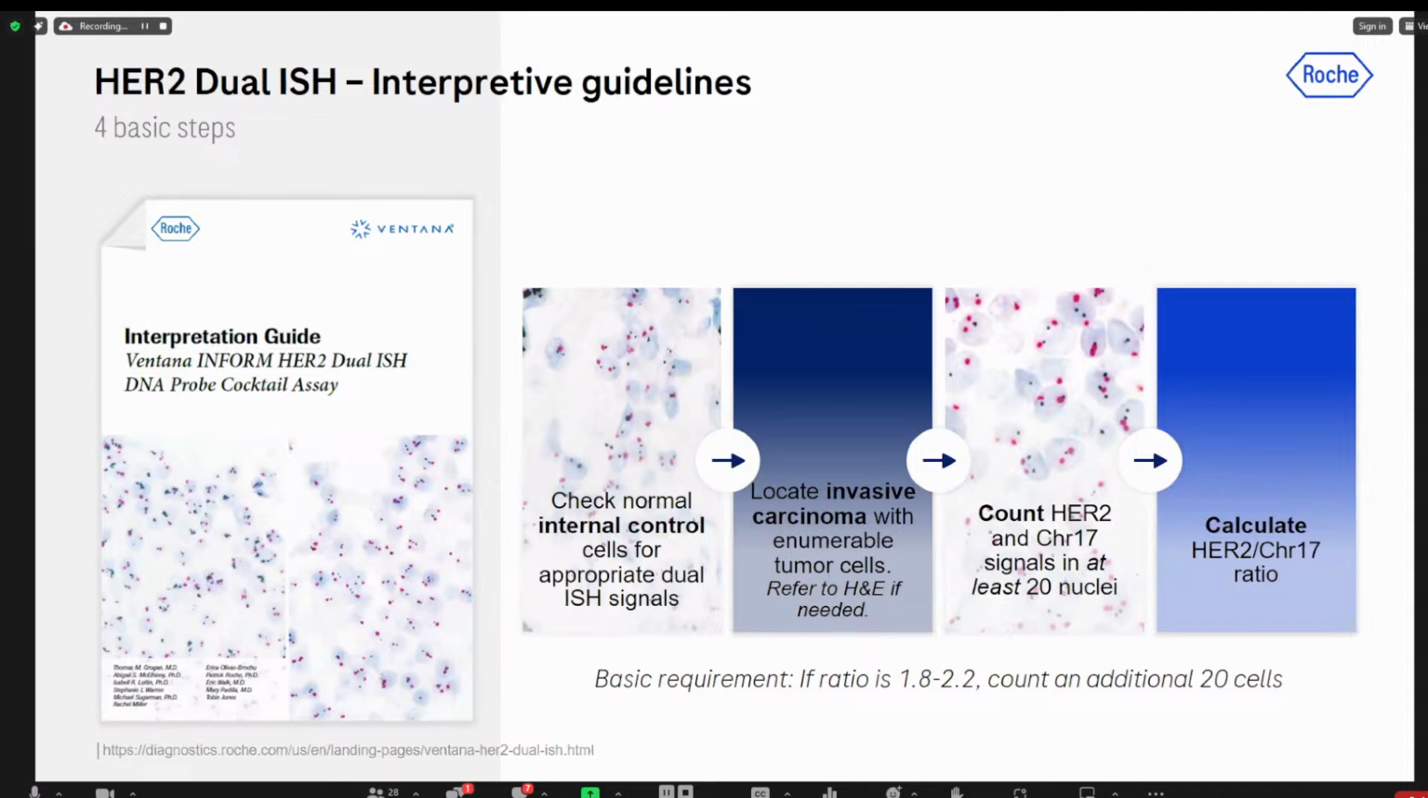And then it's just to go to calculation. The basic requirement is that if you're in the borderline situation and the ratio ends up between 1.8 and 2.2, you should count at least an additional cells. I would also like to address this a little bit further later, because that's really the basic requirement. And several studies have shown that if you're in borderline, count more cells, up to 80, 120 cells, because that will reduce this just